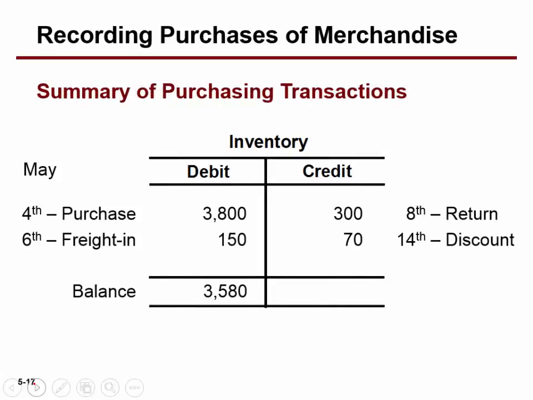Now, if you look at the cost of this inventory, notice, guys, this is probably a pretty important slide, because it was the same thing that we did with the inventory. Remember, in the little in-class example we subtracted off the discount portion. We subtracted off the parts we returned, right? So if you're trying to figure out what's the cost of this inventory, it's the original invoice price plus the freight in minus the amounts that we returned minus the cash discount, right? Okay, good.